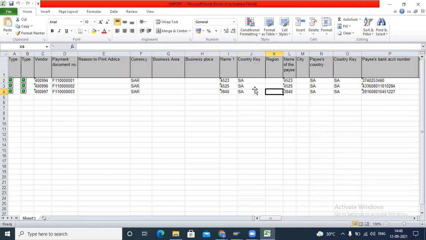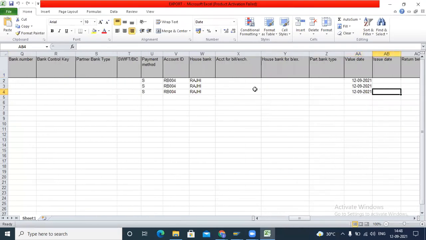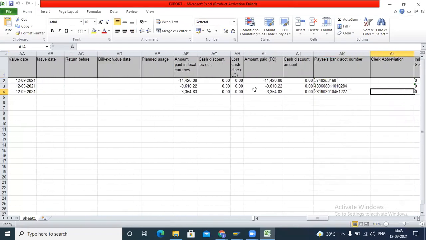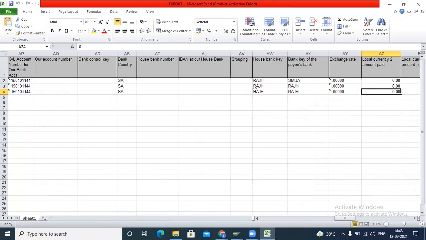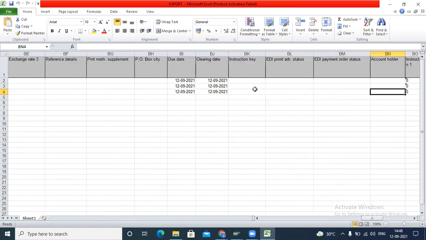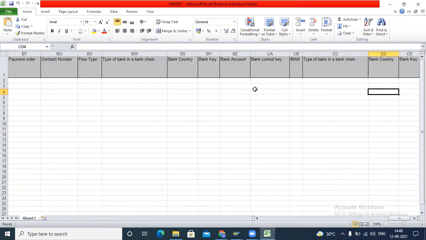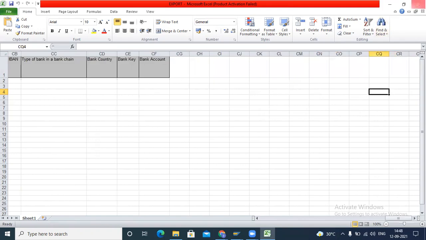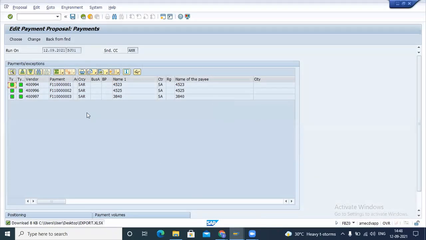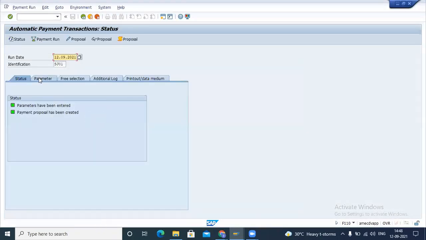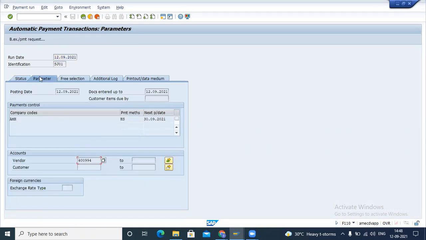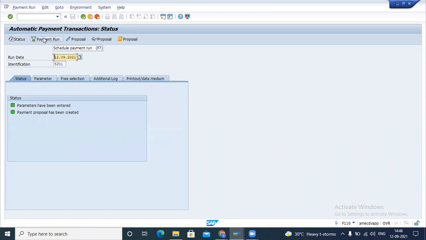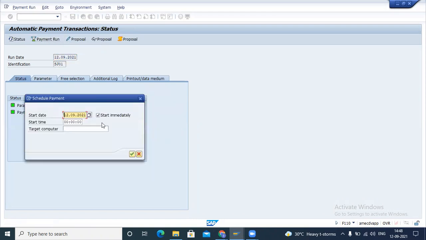We can include a few more columns if required, like our bank account number and anything else. Once it gets approved, we need to do the final payment run.